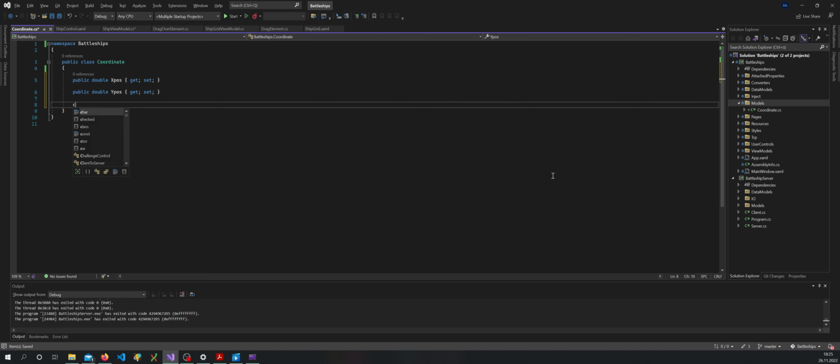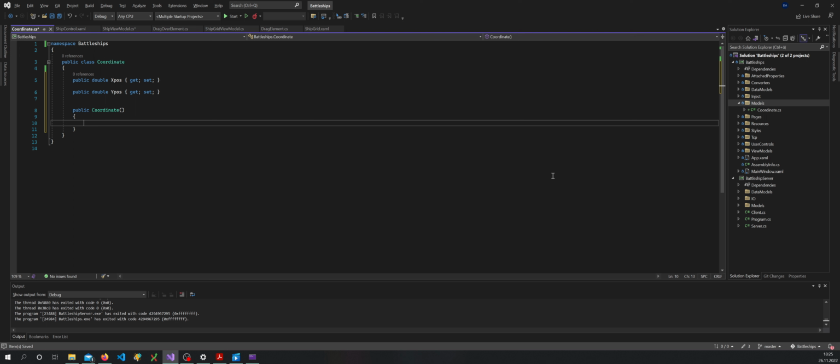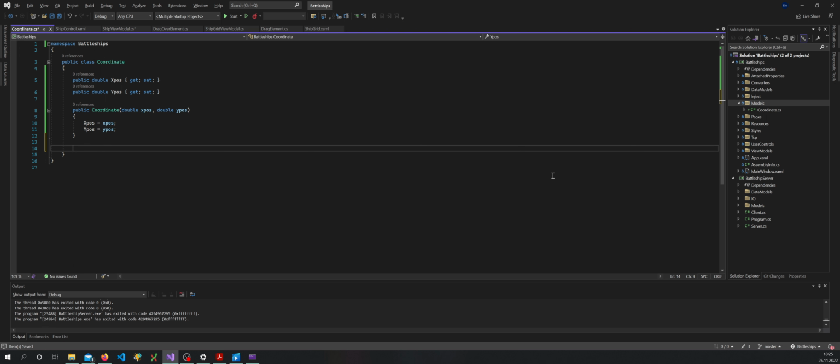Perfect, IntelliSense is smart. Here we go, Coordinate. Now I'm going to make a public